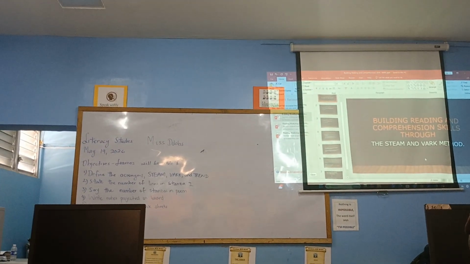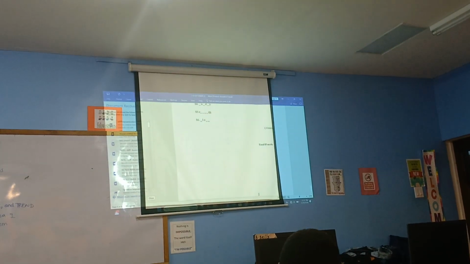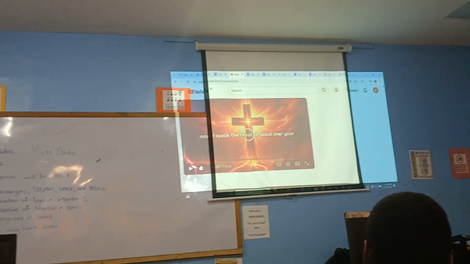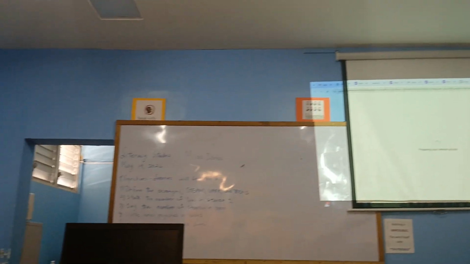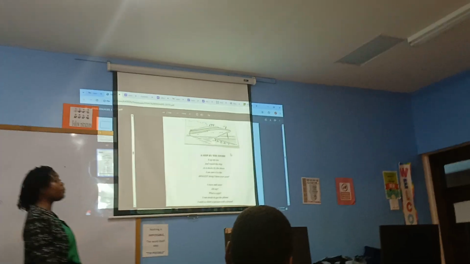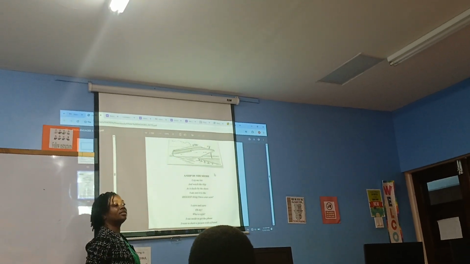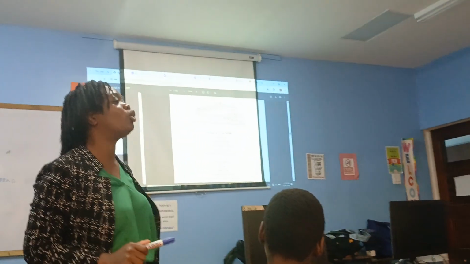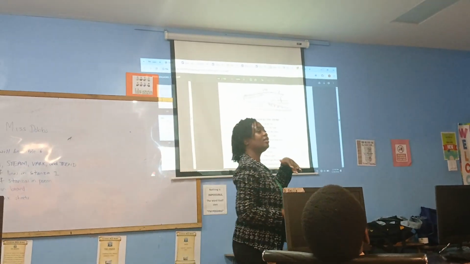Now I'm going to show you a picture, and you're going to tell me. Alright, make sure you turn off the light mode. What do we see here? Boat. Ship. A ship. Who can tell me the difference between a ship and a boat? Miss Anisha. A ship is way bigger. Holds more people.